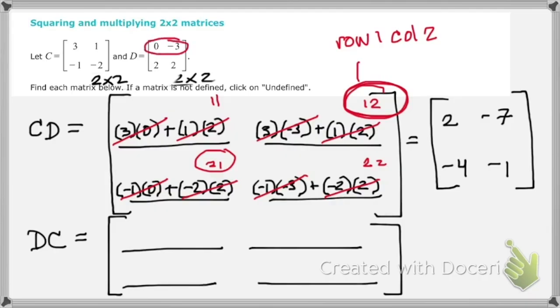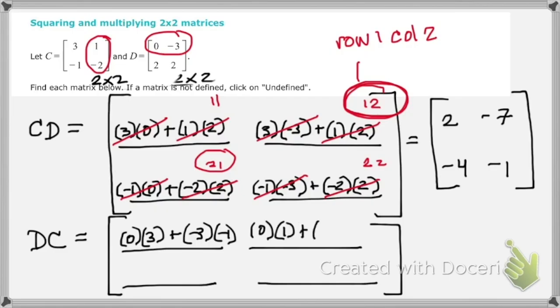It's going to be first row times the first column. So that'll be 0 times 3 plus negative 3 times negative 1. Then I'm going to do first row, second column. 0 times 1 plus negative 3 times negative 2. Then we're going to go second row, first column,